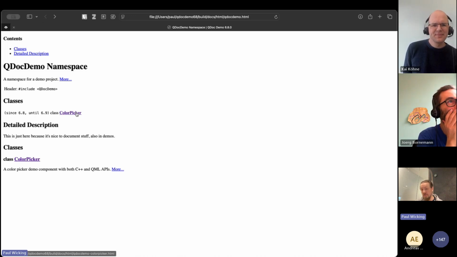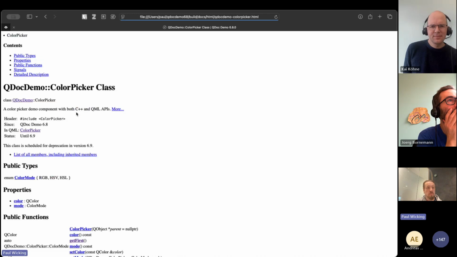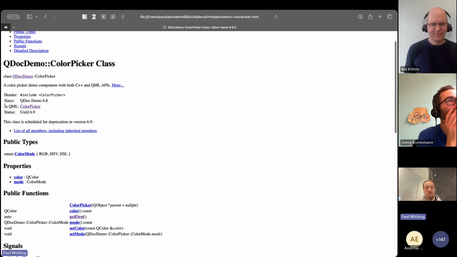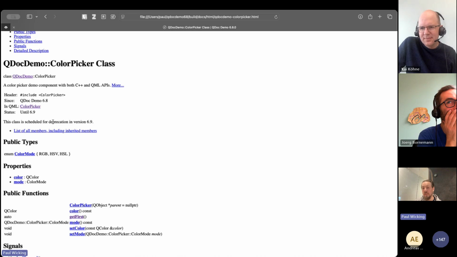And then there's the stuff that you'd expect from namespace documentation. In the class, we have an overview that shows you the header and the since info, etc. Now it says in QML is the color picker type. So this is the native type command that does that. The status is that this is until 6.9, and then we say this class is scheduled for deprecation in version